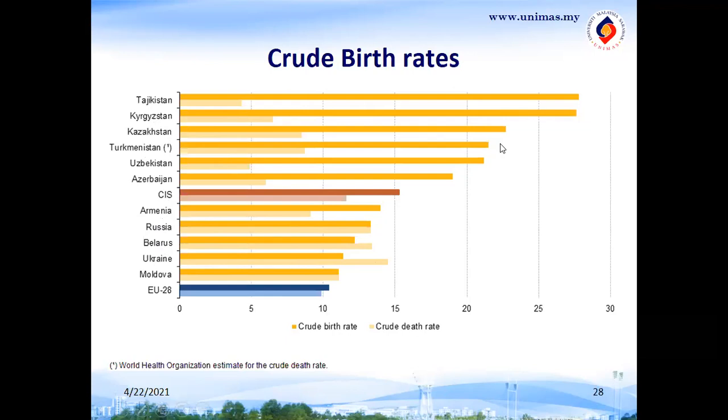So you see the crude birth rate dia masih tinggi, ya, masih tinggi dibandingkan dengan negara-negara yang lain, and in this former Soviet Russia. The Western countries of the former Soviet Russia seems to mempunyai kadar crude birth rate yang lebih rendah dibanding dengan negara-negara seperti Kazakhstan,